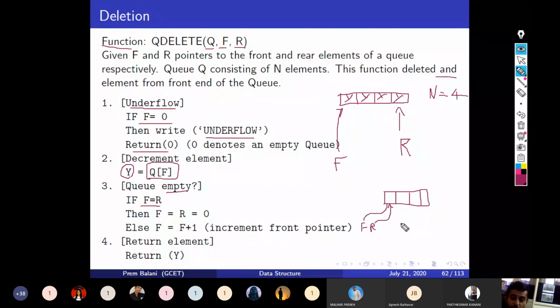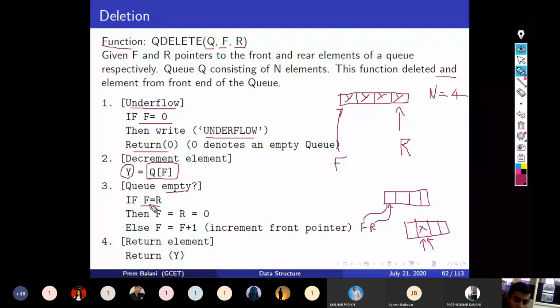For example, let's take another example where the first element is deleted and only the second element is there. So my front and rear both will be on the same position when only one element is there.